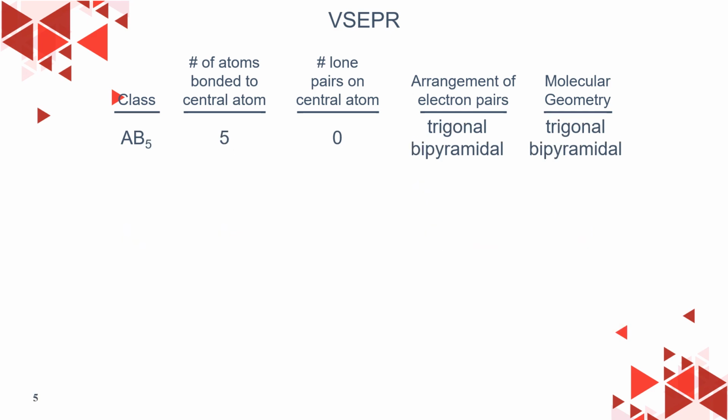Now, let's take a note. What about the exception to the octet rule, where the central atom fulfills the outermost valence shell with more than eight electrons? For example, a central atom that can attach 10 electrons, or 5 pairs of electrons. Basically, if there's no lone pair, it results in a trigonal bipyramidal molecular geometry. But what if one of them is a lone pair?